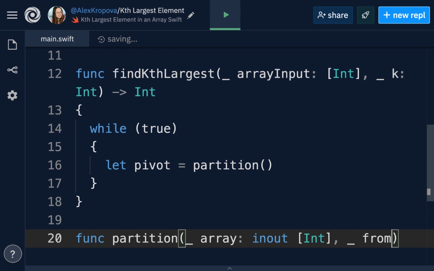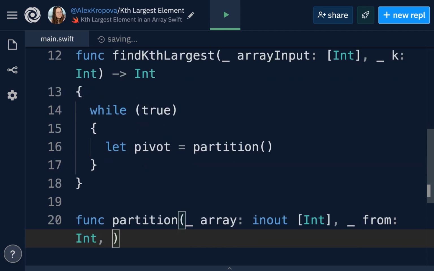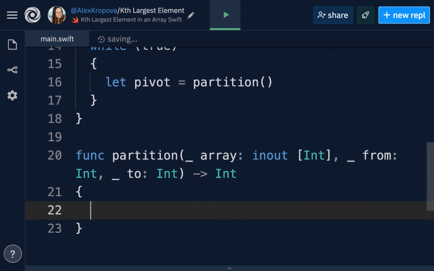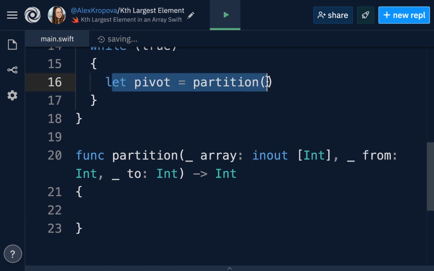We'll call this from, and it will be an integer because it's an index. And as well, we need a to argument, and this is going to be the starting and the ending of the array. And this function is going to return an int. The int that it will return is the value we're pivoting around.